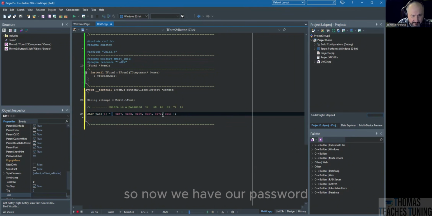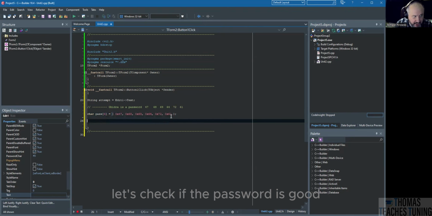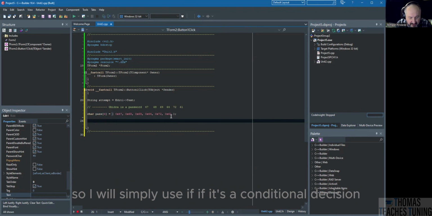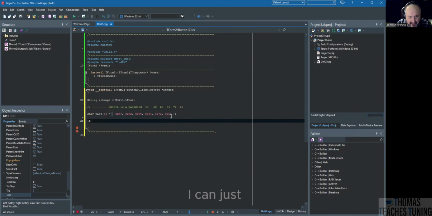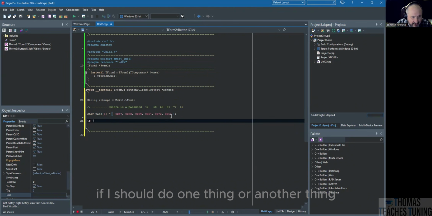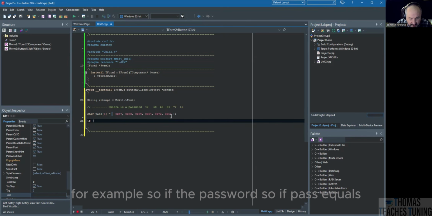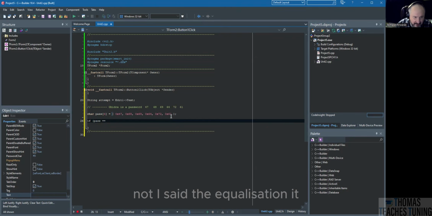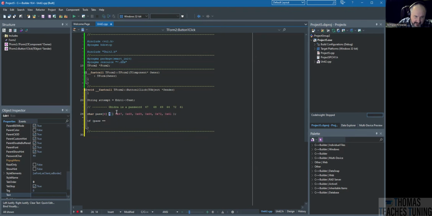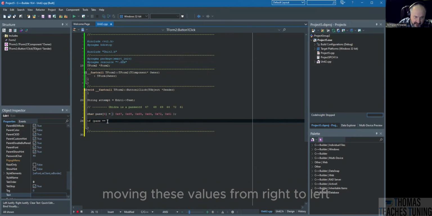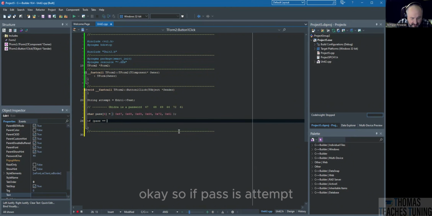So now we have our password. Let's check if the password is good. So I will simply use if. If is a conditional decision. I can just check something and then decide if I should do one thing or another thing, for example. So if pass equals, notice that the equality check is twice equals, and this is different from just moving values from right to left. Okay, so if pass is attempt,